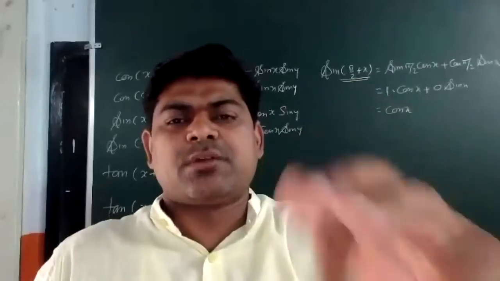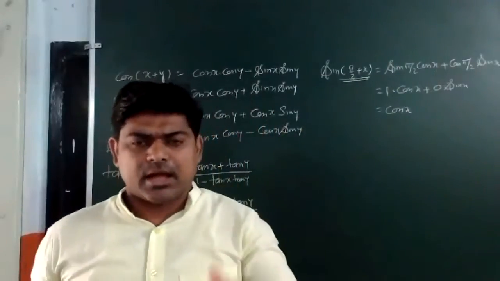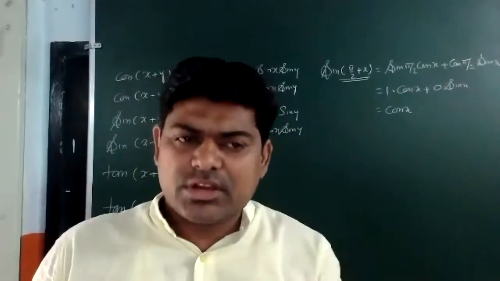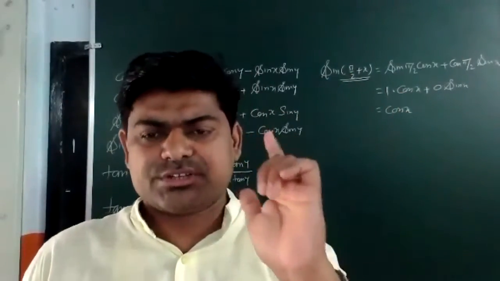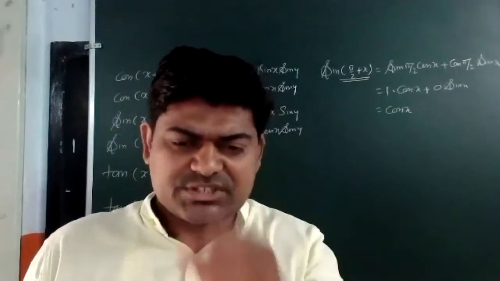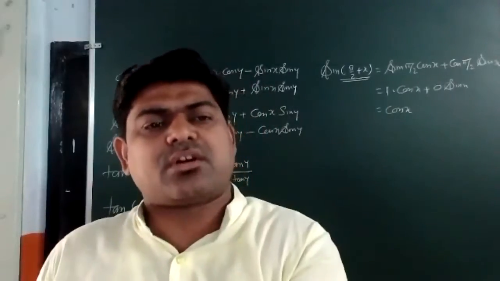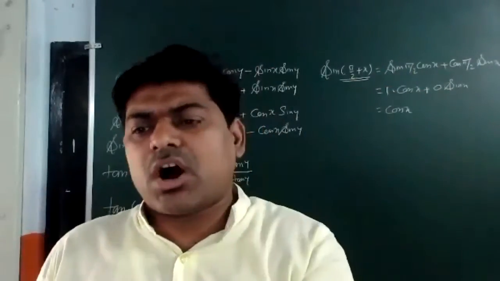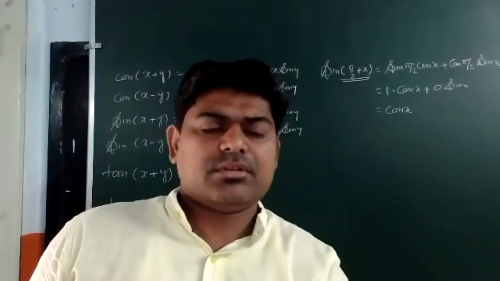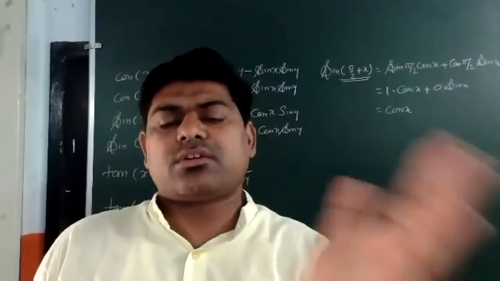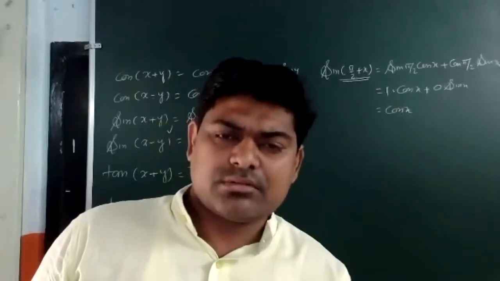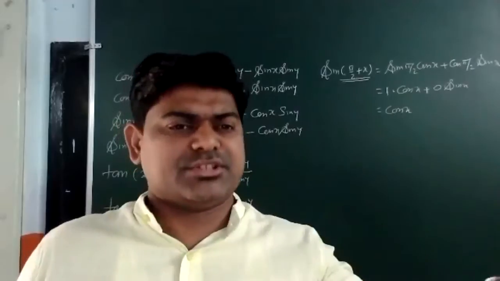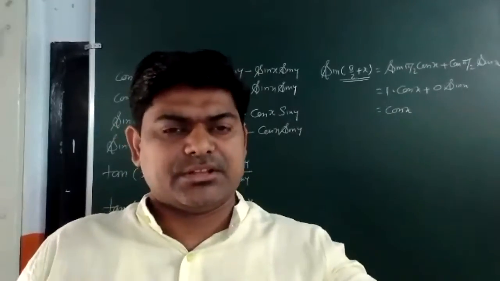Third point: whether changing will take place or not. I told you, on the y-axis, that means with pi by 2 and 3 pi by 2, we will have the following changes. What were the changes? Sine will convert into cos and cos will convert into sine. Tan will convert into cot and cot will convert into tan. Sec will convert into cosec and cosec will convert into sec. With pi and 2 pi, there are no changes. Things will remain the same.